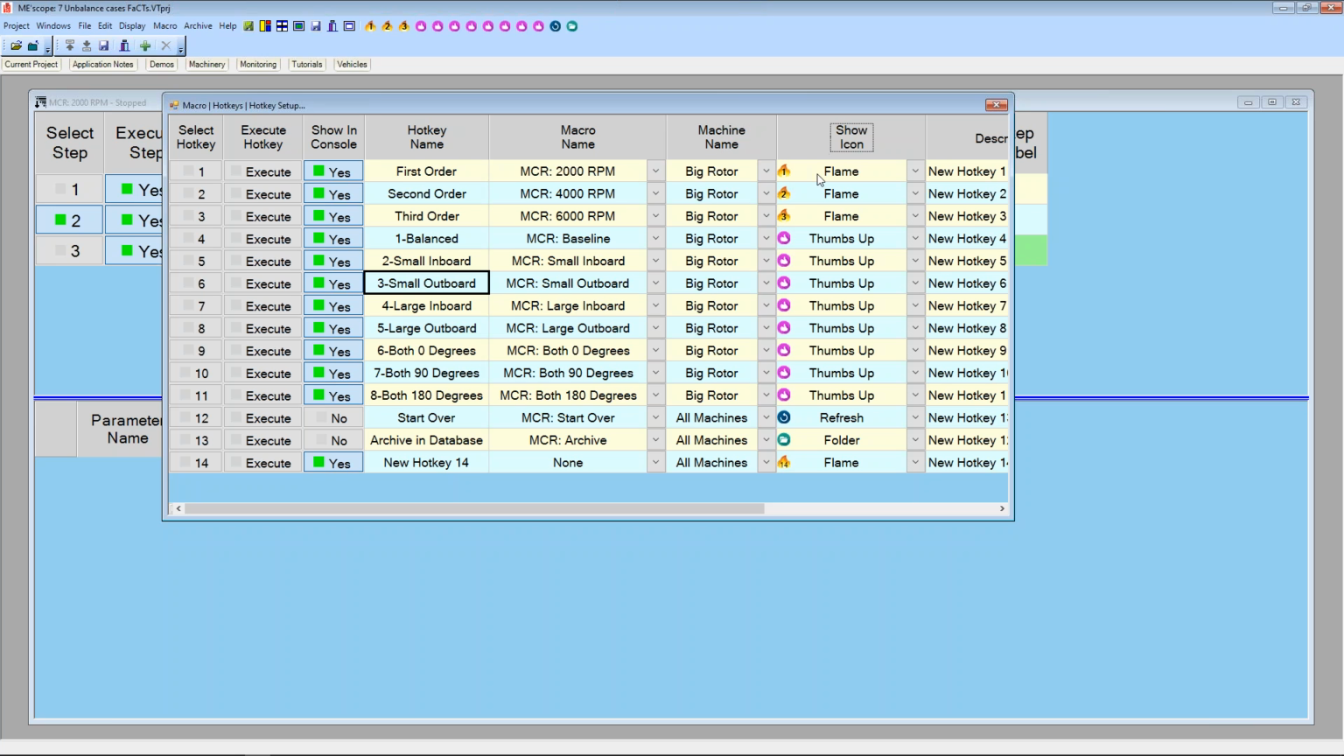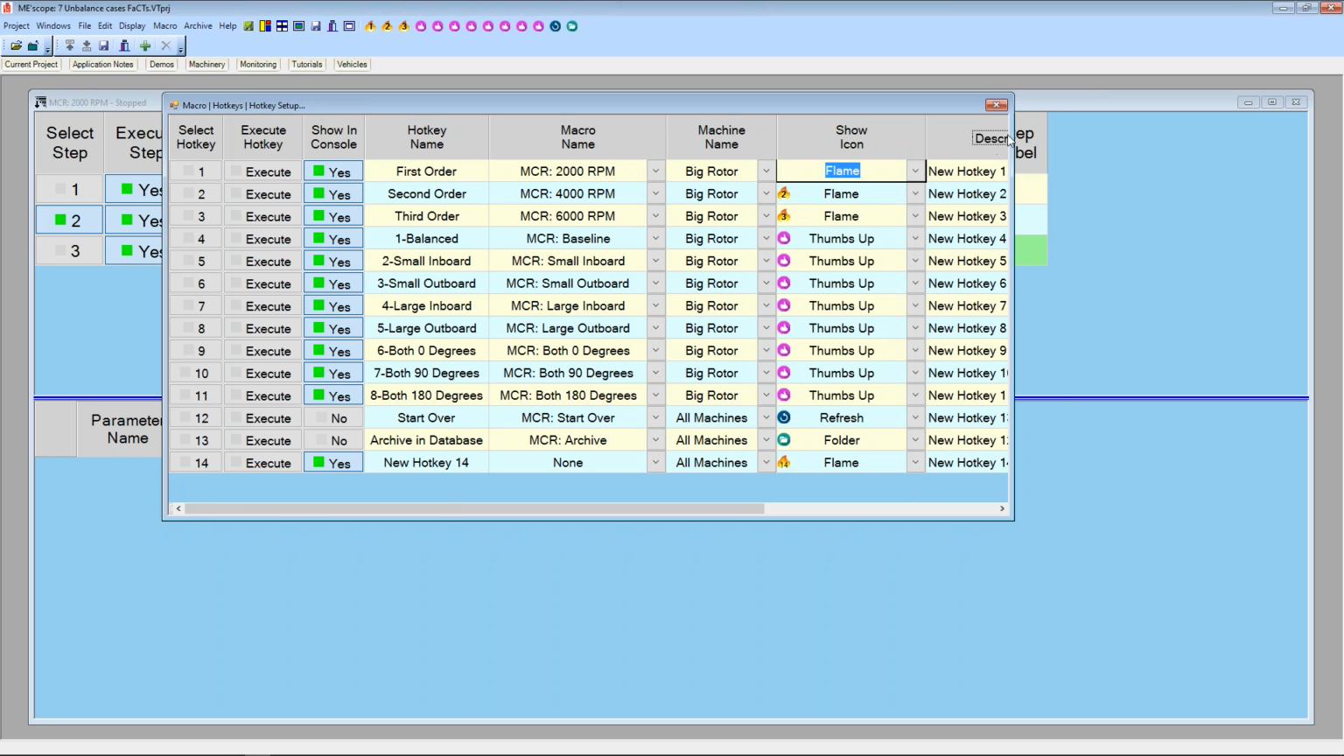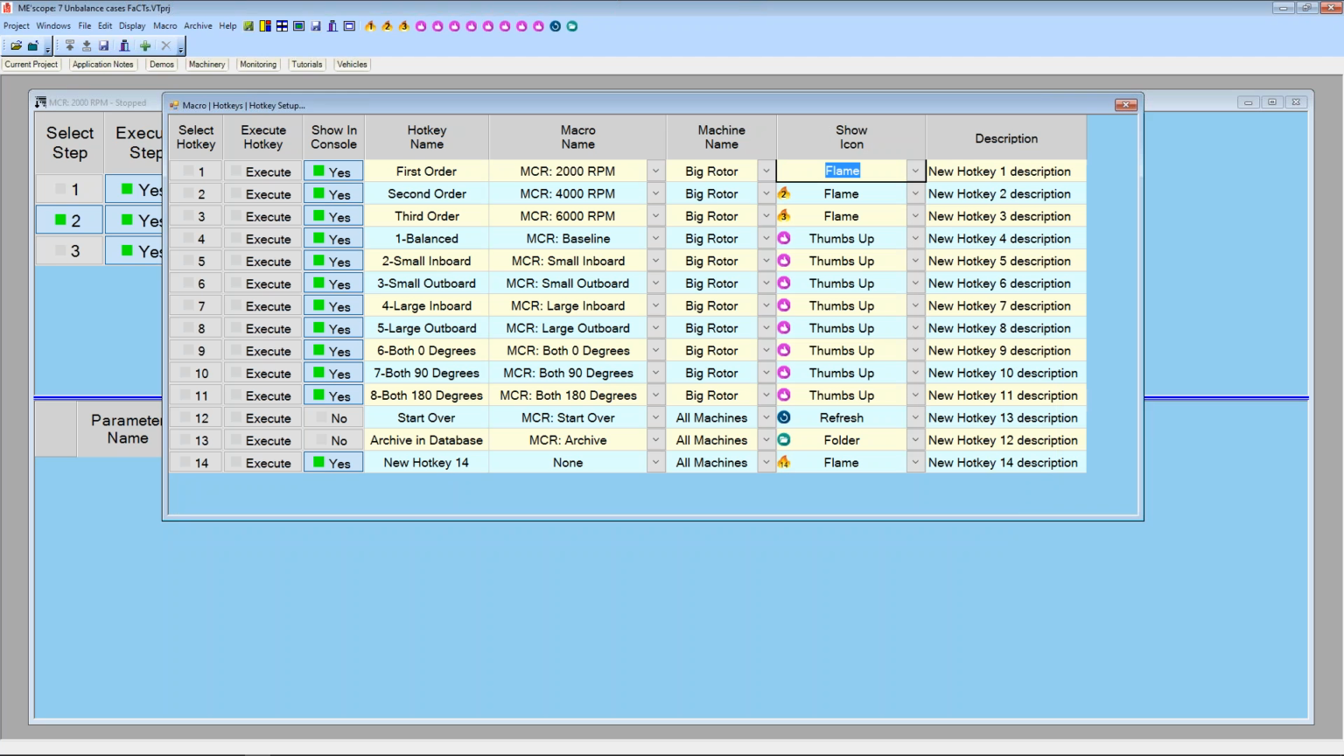Here is an icon where I can pick an icon for the hotkey. So you can see we have a pick list of various icons here. And then I can also give a description. Let me go back and select this hotkey, and I'm going to delete it because I don't need any more